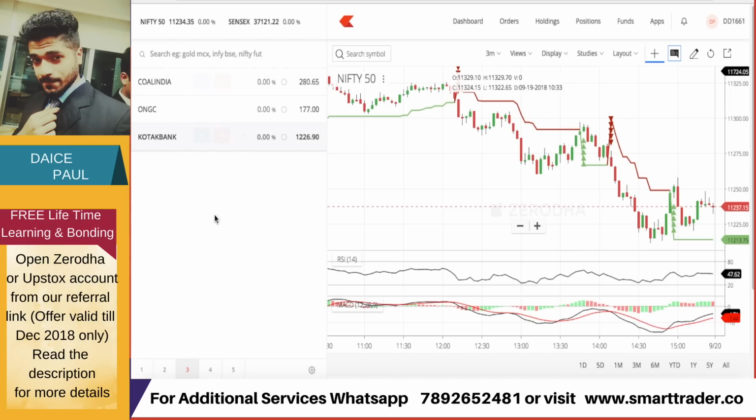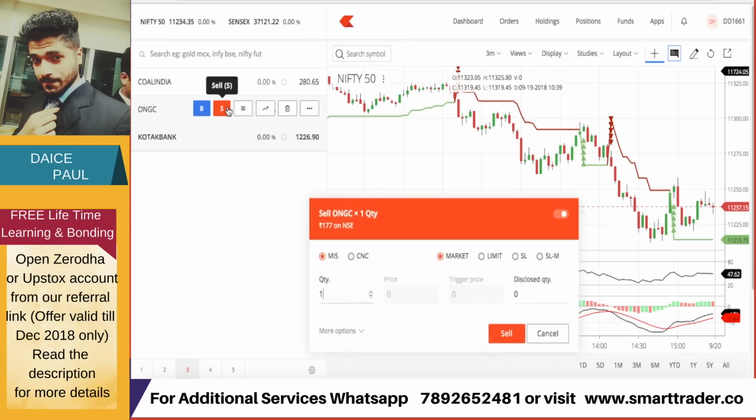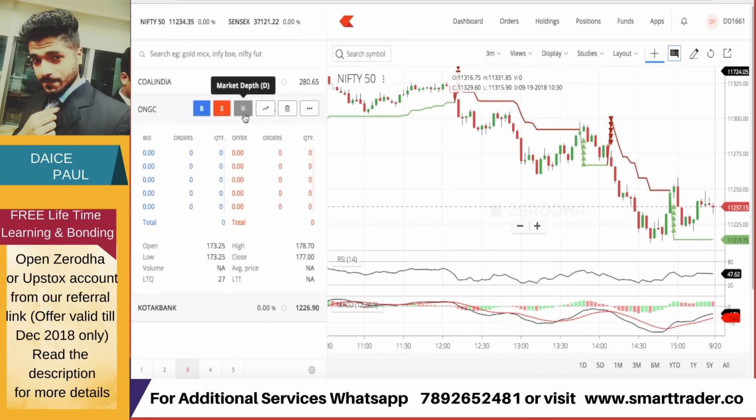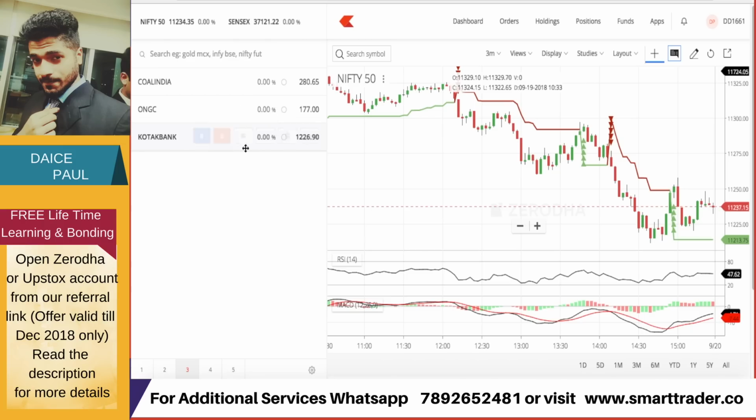Once you put these three stocks in the radar, what you should do is look at the high of each stock. For example, this stock's high is 281.95. This stock's high is 178.70. This stock's high is 1234. Nice number. So you should know what the high is, right? By heart you should know. At least so much you should keep in your mind. For 3-4 stocks, keeping all the highs in mind is very difficult, so at least you should have a glance. 281.95 is the highest. So this high is here, this high is here.